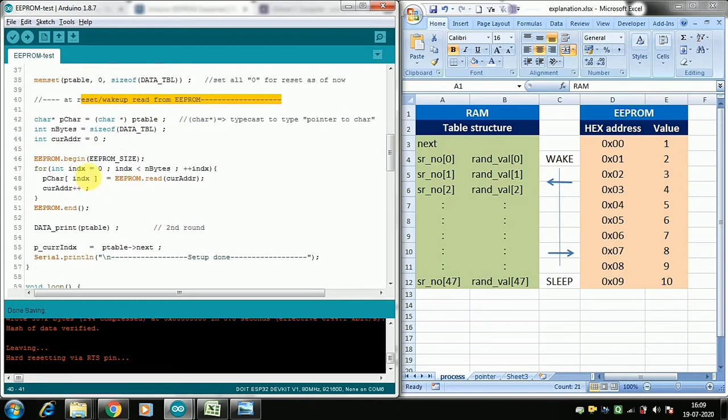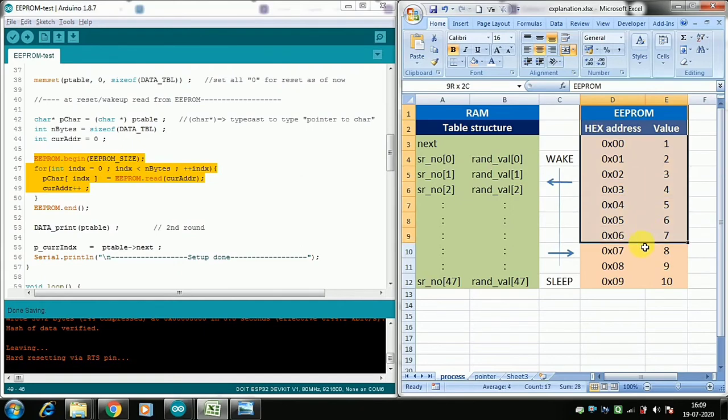So you can see this EEPROM read current address. When we wake up, we read from this EEPROM data. Whatever we have written before we slept last time, our code copies whatever is written in the EEPROM into this table, which is in the RAM.